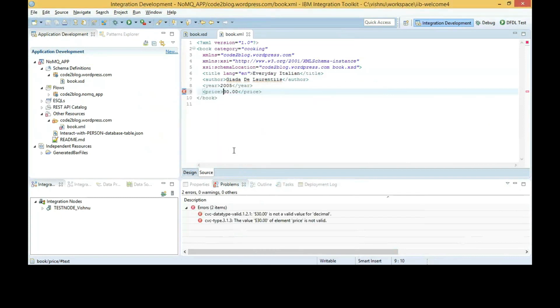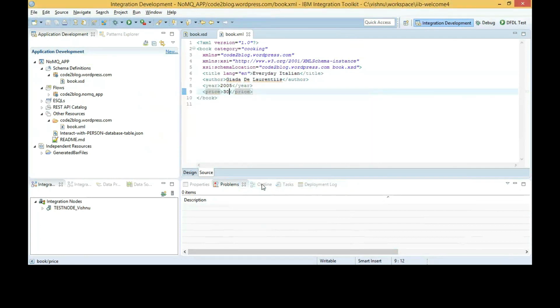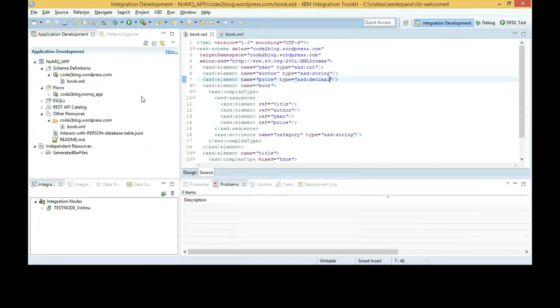Now you would get an error for the decimal field. These validations are done not by IIB, these are done by the Eclipse XML plugin.